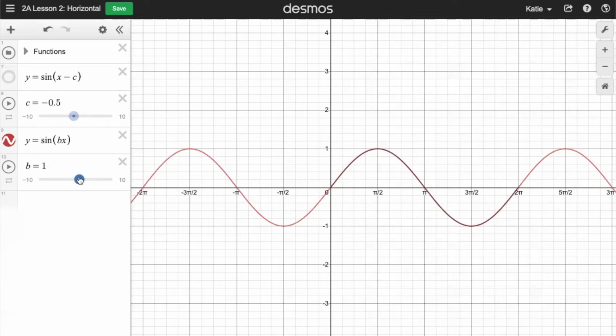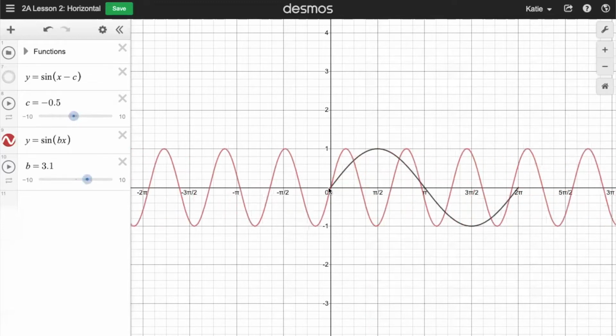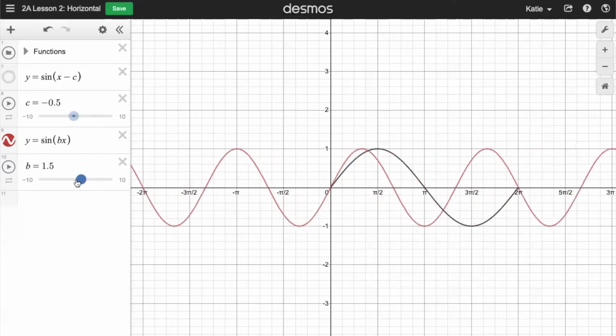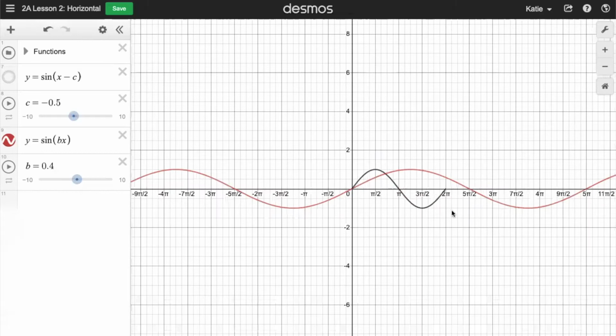And if we multiply our x by a whole number, we're going to see that this angle, remember our x-axis is our angle theta, is going to increase more quickly because we're multiplying it by a number greater than 1. So our angle is getting bigger faster, which means it takes less space to complete one period, or one full cycle, of our sine function. We can also see that if we multiply it by a fraction, or a number less than 1, our angle is not increasing as quickly, it's increasing more slowly, which is why it takes longer to complete one full cycle